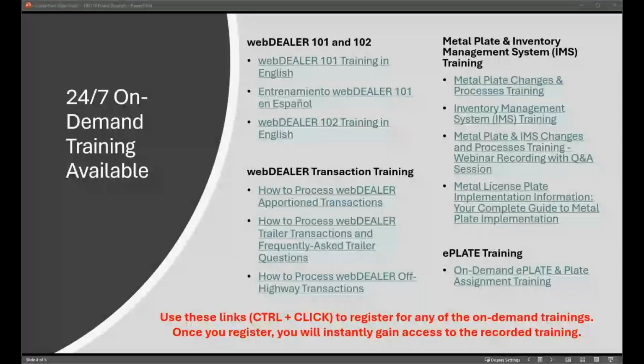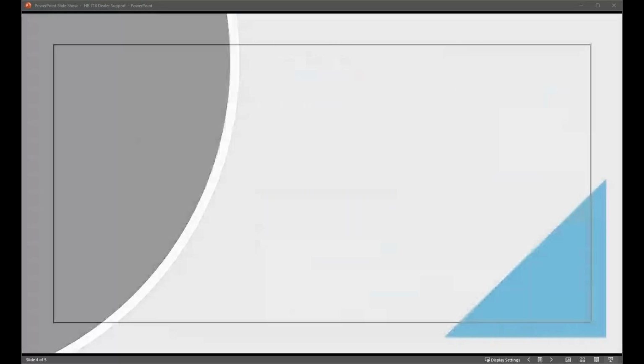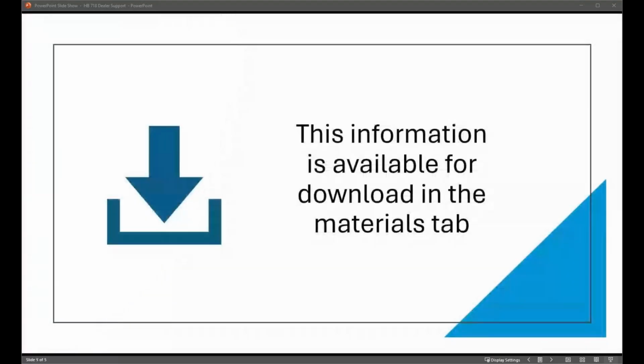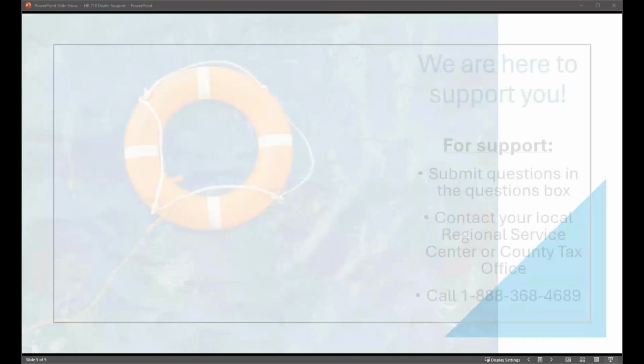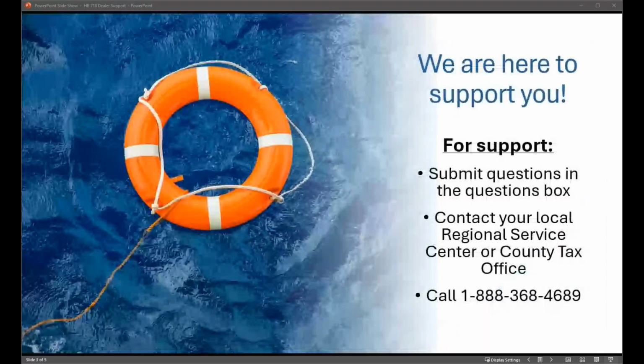This is related to provisional and out-of-state license plates. How can I assign them to a specific vehicle? So for provisional, you should not need to use provisional. They're going to be a very limited use plate. Provisional is only going to be used if you do not have the proper plates in your inventory, or if it's going to be for apportioned. Anything that's going to be a specialty or qualifying plate, like antique or classic, any kind of specialty plate, you will assign a general issue plate, and then they will go to the county tax office to apply for whatever plate